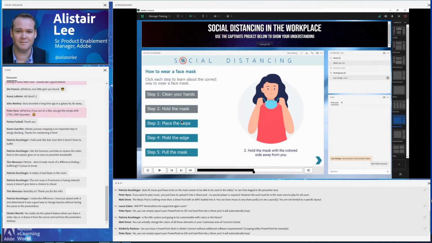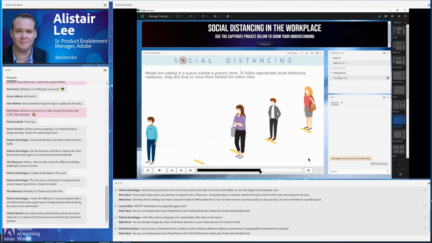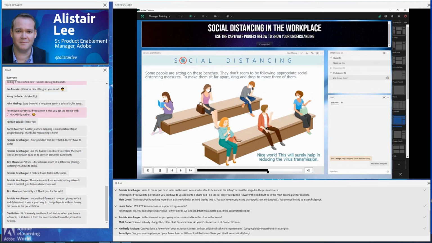So this is something where we're encouraging the learners not to sit back and just watch, but actually lean forward and interact with the content, become participants in the content. As you can see here, this particular content includes some drag and drop capabilities where you can literally social distance the individuals in a line here, and get rewarded and even track how people are doing as part of this exercise.